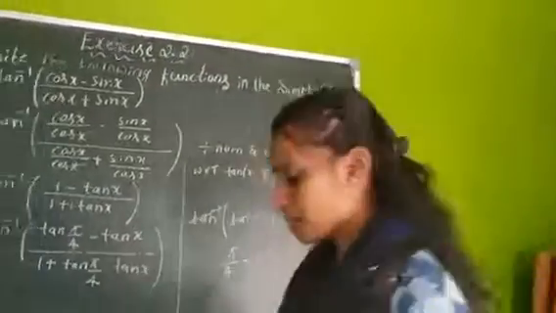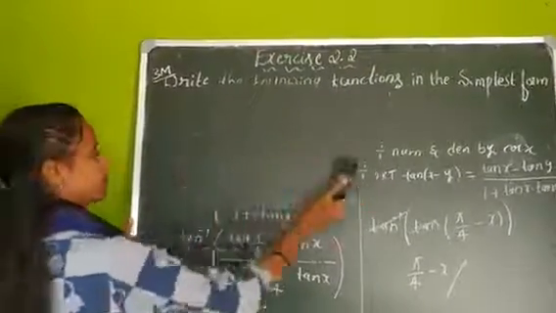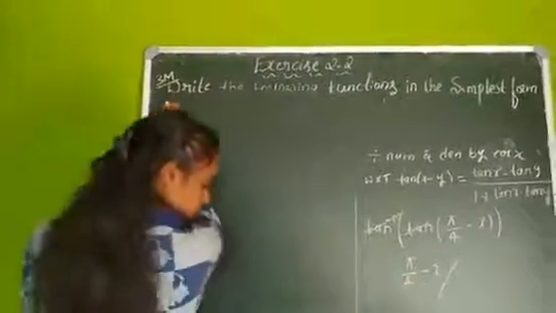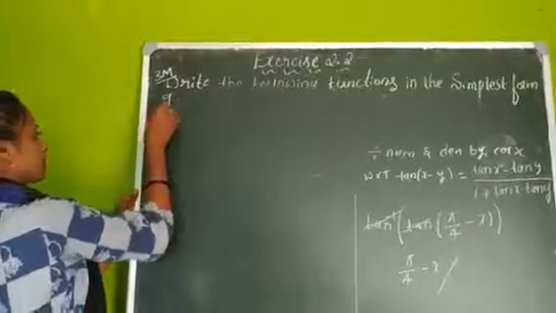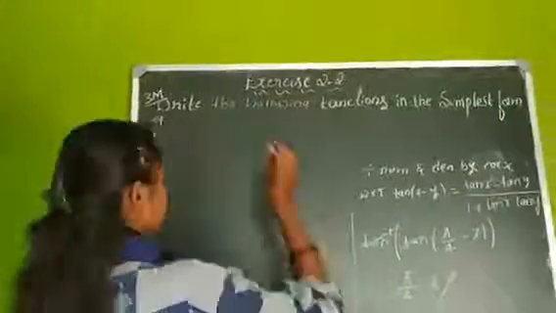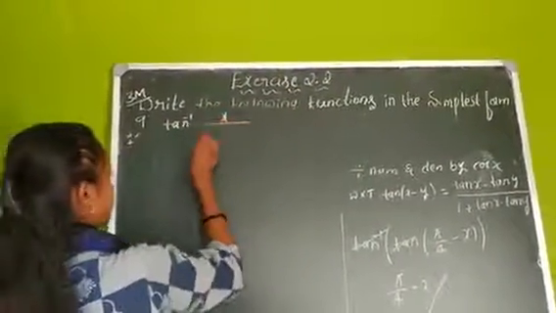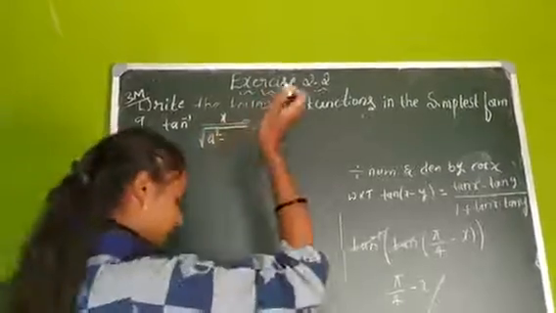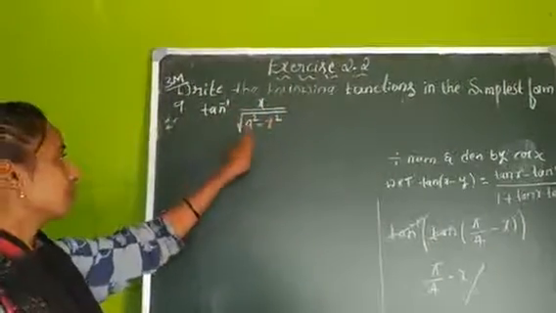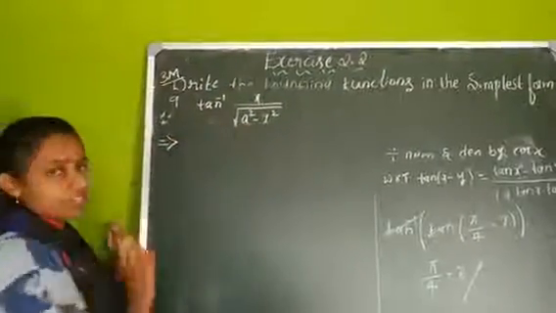Okay, I'll do the last one. Again a simple one and an important one. That is the 9th one. You can consider all the 6 are important, but in that, very important are these. Again this is the tan inverse of x divided by square root of a square minus x square. Here again the variable x is there, along with some constant a. That means while taking the substitution, you need to consider this constant a.